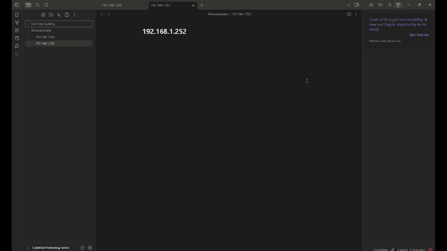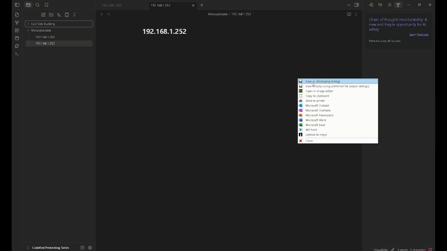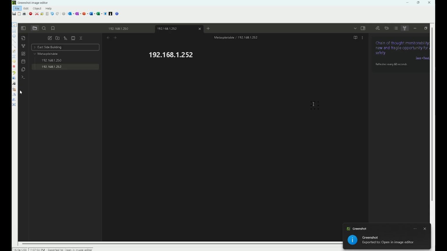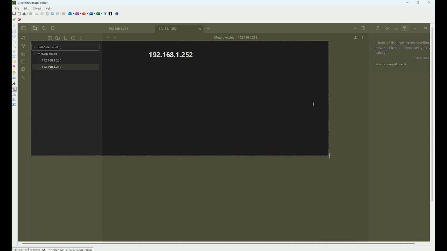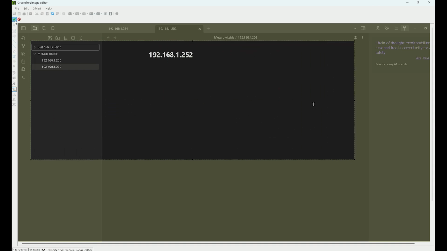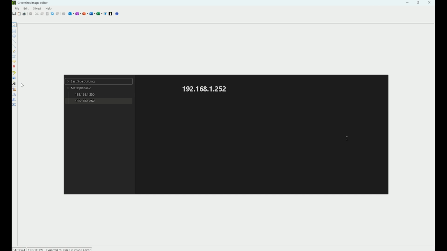But in the context of what we're doing and what we're trying to accomplish, let's say we need to take a screenshot and we have, what have we talked about? Greenshot. Good old Greenshot. Let's go ahead and open that up in the image editor. We just took a screenshot. Yay. And let's say this was a screenshot of a finding on a pen test report. And we needed to do the screenshot. We needed to add a border, right? Because we love Greenshot. We already did that. We need to